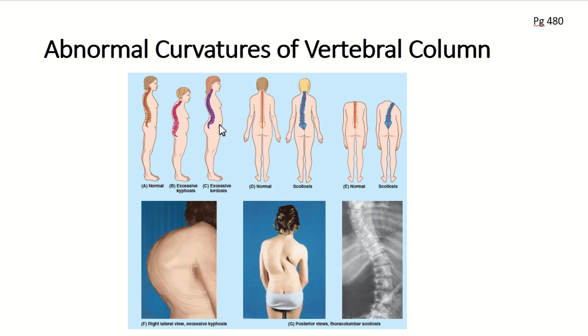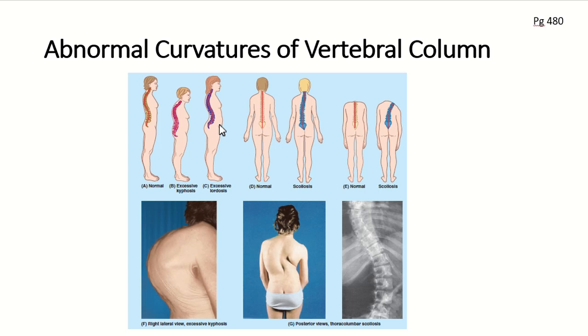And to compensate for alterations in their normal line of gravity, women temporarily develop excessive lumbar lordosis during late pregnancy. But this lordotic curvature may cause lower back pain, but it disappears after childbirth. So what you would see in pregnancy is not the same as actually having excessive lumbar lordosis due to a congenital issue.